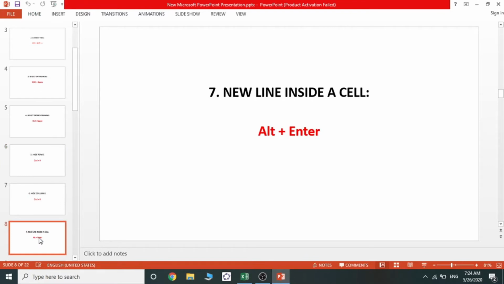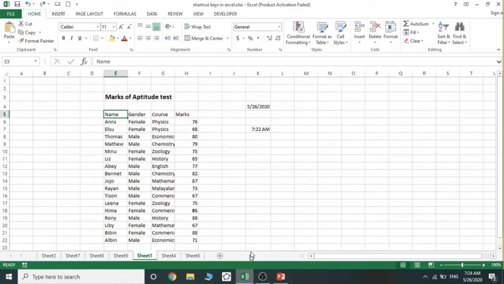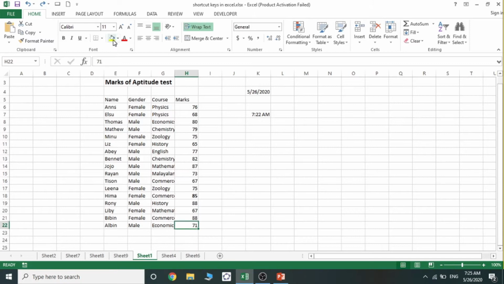Next option is inserting a new line inside a cell. Alt plus Enter key is used as a shortcut method for inserting a new line inside a cell. For that, just select this cell. We have to insert some more marks of Albin in this particular cell itself. For example, 71 may be his first semester mark.